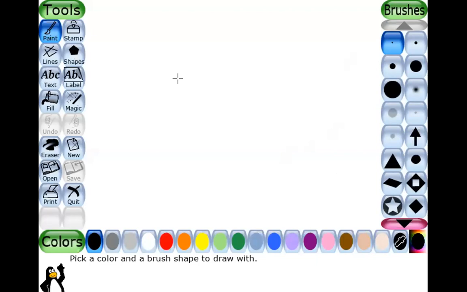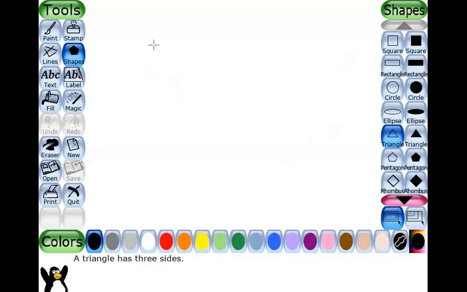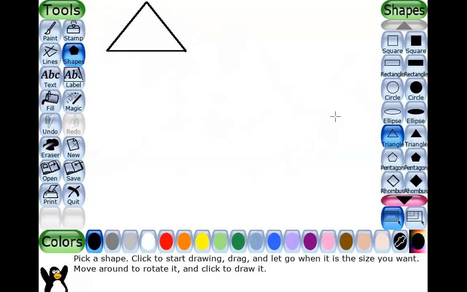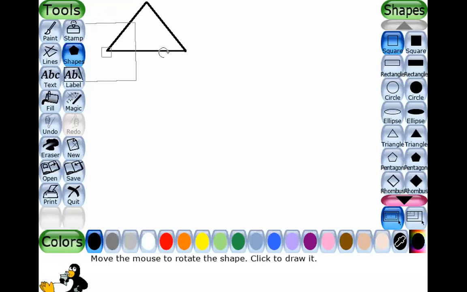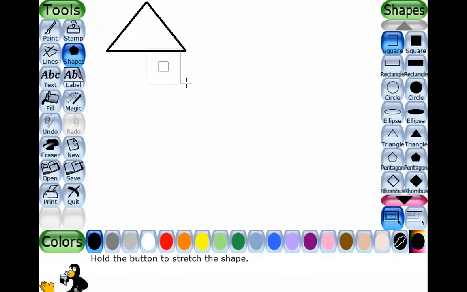Here, click on shapes. Drag the shape. Click on the shape and then click it and drag it. So this way you can put the shape. Again, I'm doing it again. Click on the shape, put it and drag it, and just let it go. So this way you can put the shape.